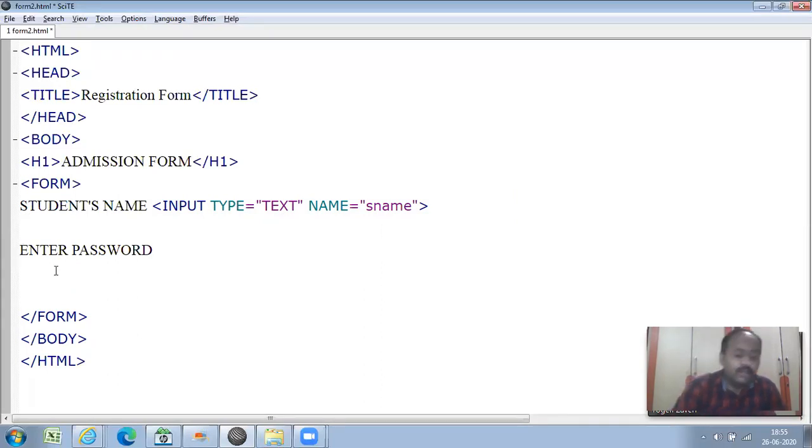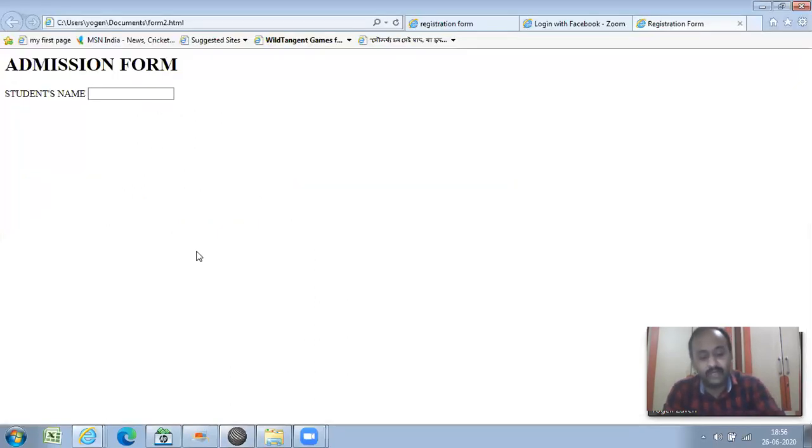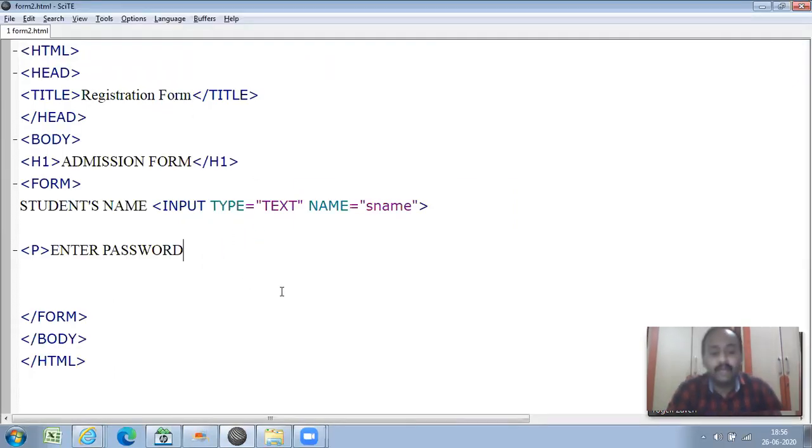For that, you have to use an appropriate tag, which is either the BR tag or P, which stands for paragraph. I just prefer the P tag for paragraph. So it will be considered as the content for the next paragraph. See, you can see on the next line, the label has come, that is enter password, but only the label. Now in front of this label, again I want to add a password box. So what I'll do: input type equals to password,